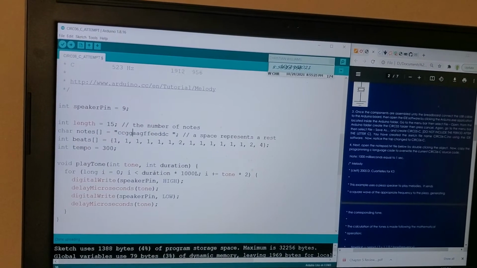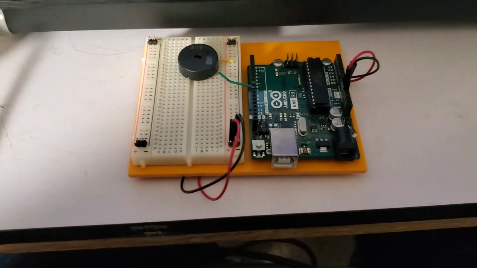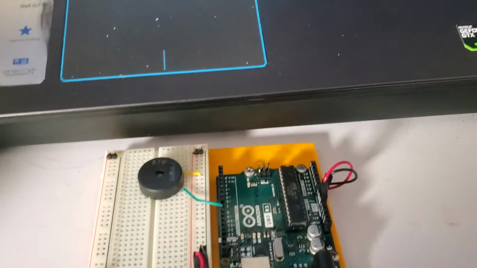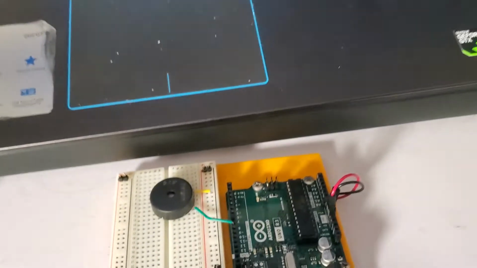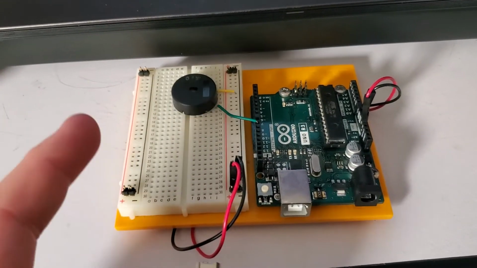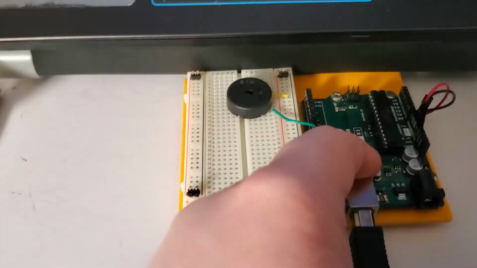It also plays this song repeatedly on a loop, but the reason why you're not hearing it transitioning to real life is I have it unplugged because I didn't want it to continuously play the song in the background in this video. But I've already uploaded this code to it, so as soon as I plug this in, it'll go through its setup and then immediately start playing the song. And the tune is fairly recognizable, so